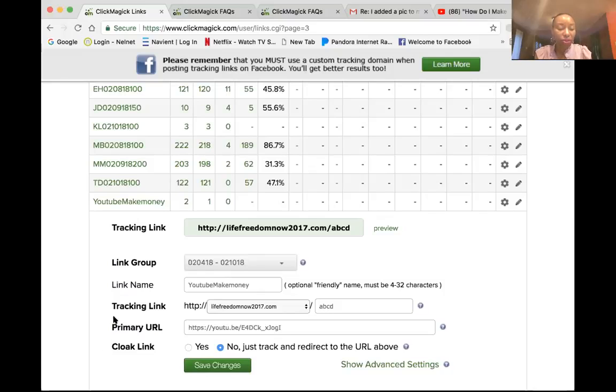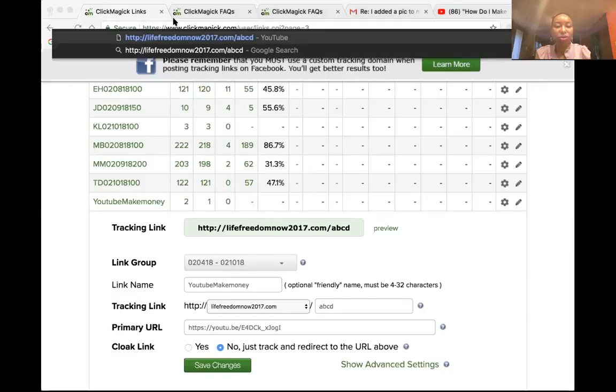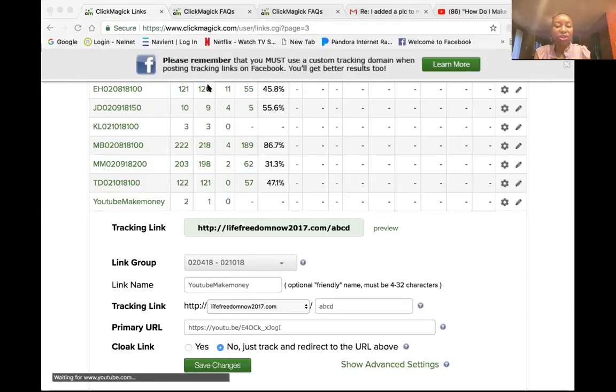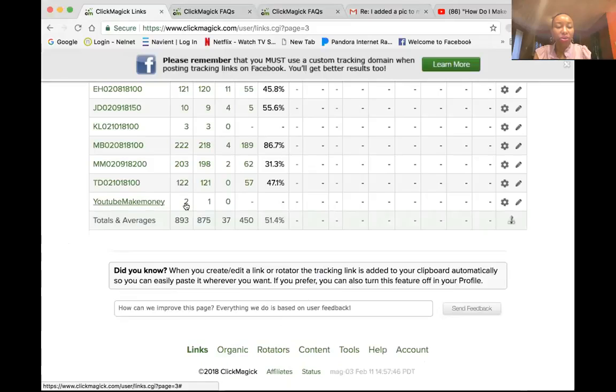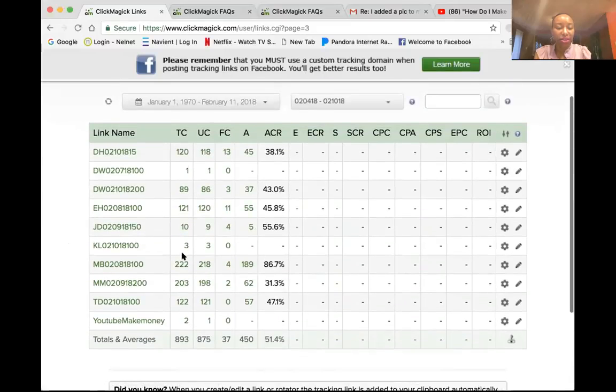So I am going to pull up incognito and I'm just going to paste the URL here. Now, if this URL comes up in incognito, then that means that the tracking link is actually working. So I'm going to exit out of here and then I'm going to click on here. Now, notice how this has TC2